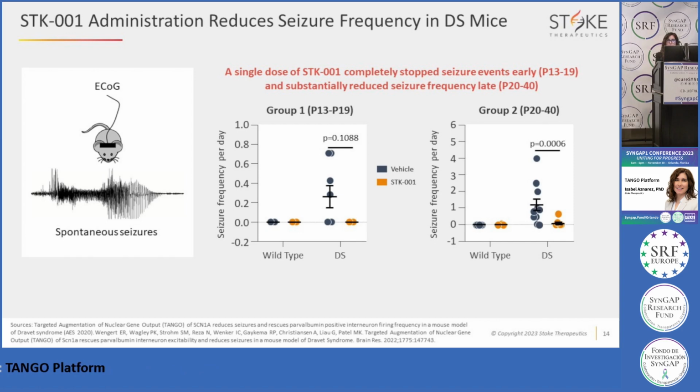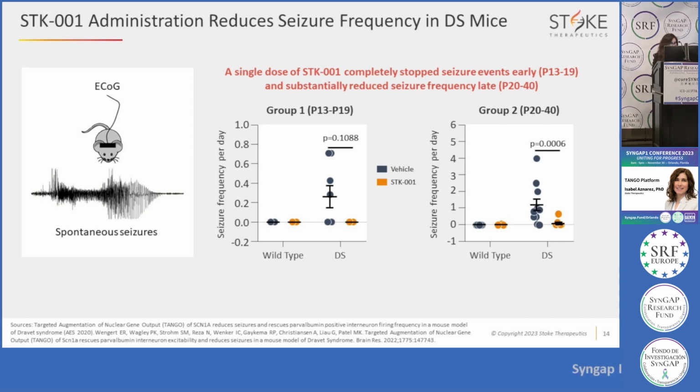A time point where the disease is starting, in terms of the seizure phenotype, and then a later time point where some of the mice have died, of course, and we can't measure them, but those that survived, we measure and see how the seizures are being controlled. As you can see here in both graphs, at both time points, we see a significant reduction in seizure frequency in mice. The gray is untreated or placebo-treated, the yellow or orange is the ASO treated. We see a significant reduction of seizure frequency.